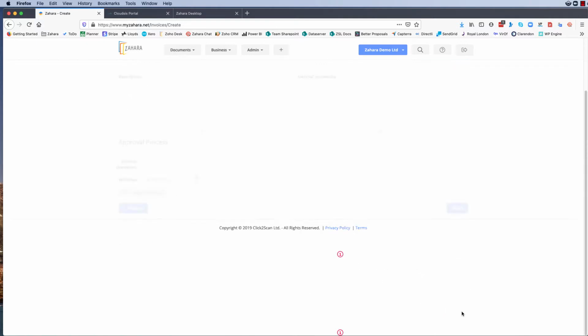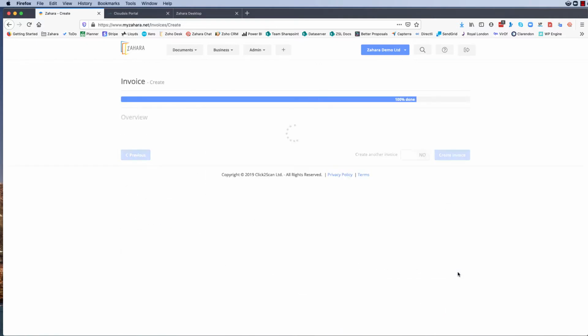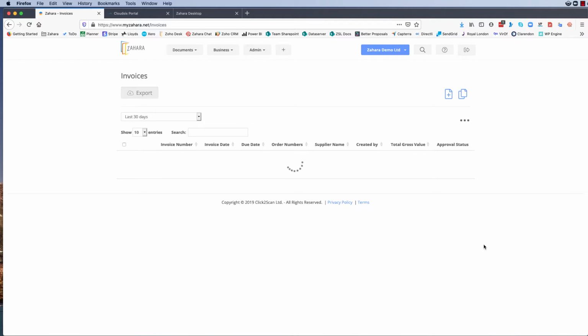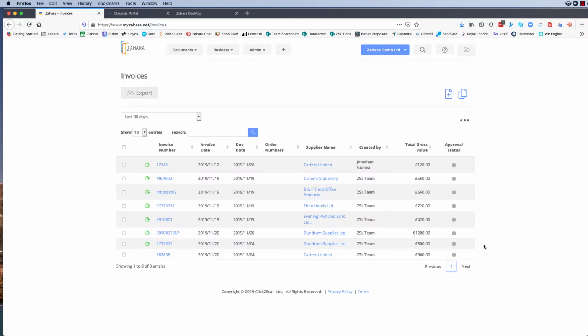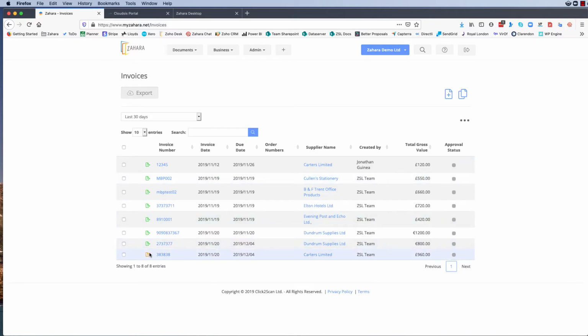We will click next. No workflow, no comments. I'm just going to click next and I'll click create invoice. So the invoice is created. There it is, 383838. We'll now select it for export, which is part of the workflow. We'll hit the export button. So once the invoice is set for export, we get an orange icon down here to tell us that it's